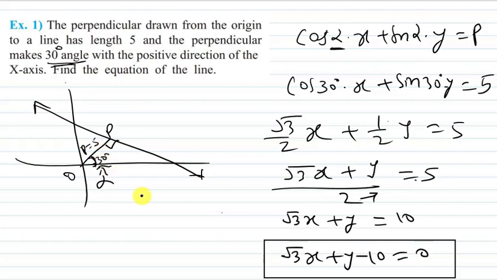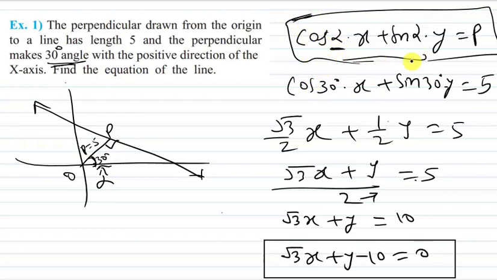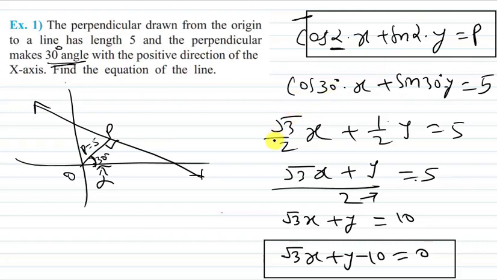And the information about normal was given. We have found the equation of this line in the indirect way, where information about the perpendicular is given. So just use this formula in this type of cases. This is called application of